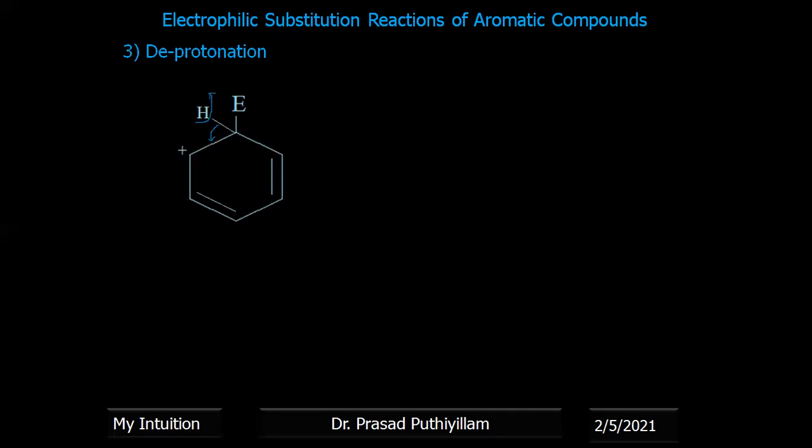Then the last step, that is deprotonation. The hydrogen will be removed as a proton, H plus, and the electron deficiency of the benzene ring will be satisfied. Therefore, finally, we get the electrophile substituted aromatic compound. So, based on which reagent is used, if halogen is used in presence of Lewis acid, we get halogen substituted benzene. If it is nitration reaction, we get nitrobenzene. If it is sulfonation, we get benzene sulfonic acid. If it is an alkyl group, we get the corresponding methyl or alkyl substituted benzene. So this is in general electrophilic substitution reaction with aromatic compounds.